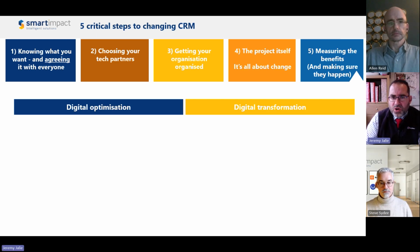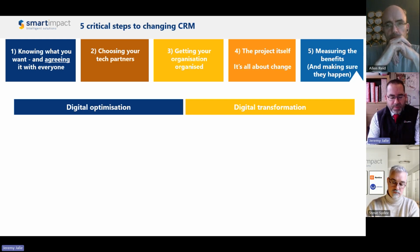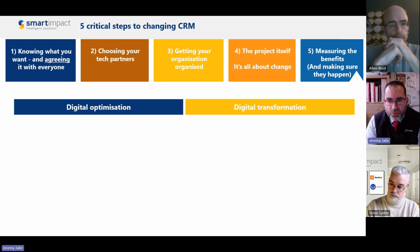So finally, I want to talk about benefits realization. And in a sense, we're coming full circle now back to Alan's initial point about knowing why you're undertaking this technology project in the first place. I've worked with associations on many CRM implementations and other technology projects like setting up websites and online communities. And if I was to pot boil why these projects take place at all, it's generally for one of two reasons. Either the organisation is looking to optimise how it works,